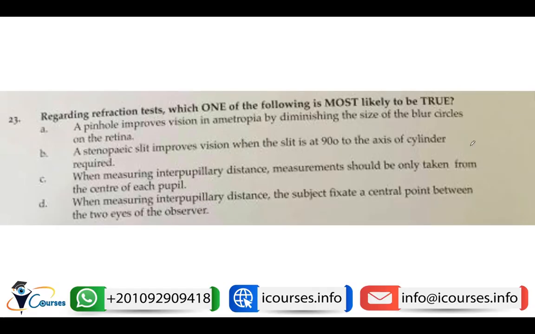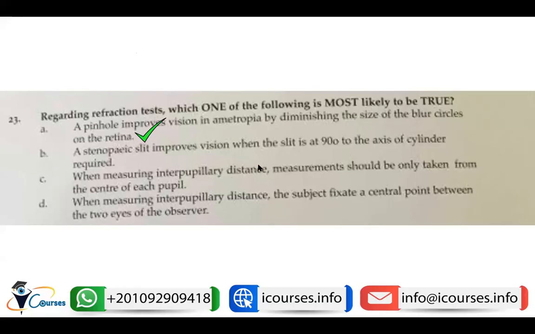Okay, let me explain this question for you. Regarding the refraction test, which one of the following statements is most likely to be true? A pinhole improves the ametropia by diminishing the size of the blur circle at the retina. This will be the correct answer because the principle of the pinhole is that it will eliminate the peripheral light